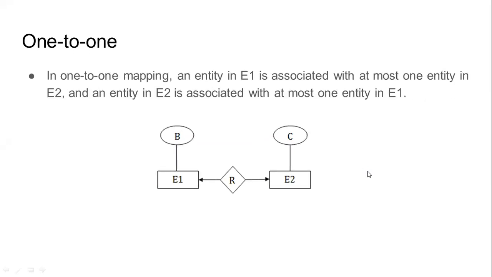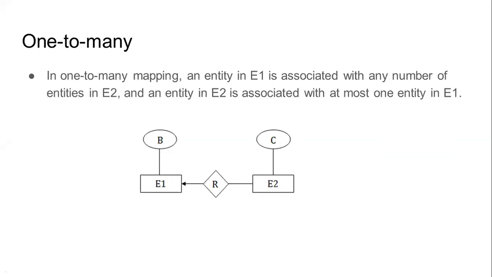Before one to many, one to one is represented by the arrow. This R represents a relationship. So the relationship with E1, if there is one entity or one mapping, that means R is associated with one entity from E1, so that's why the arrow is here. Again, relationship R is associated with one entity from E2, so again the arrow is there. So one to one mapping cardinality is maintained with the help of arrows.